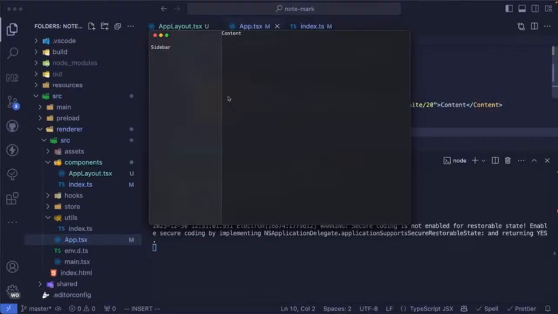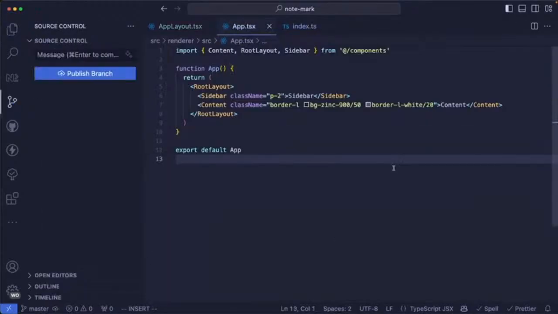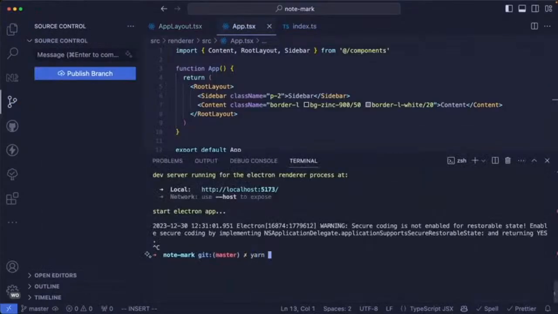You can see that now we have a darker color for our content, while our sidebar has this softer gray and actually more blurred. And we also add this border left to separate the sidebar from the main content. Great job. Okay, so if we run our application again,